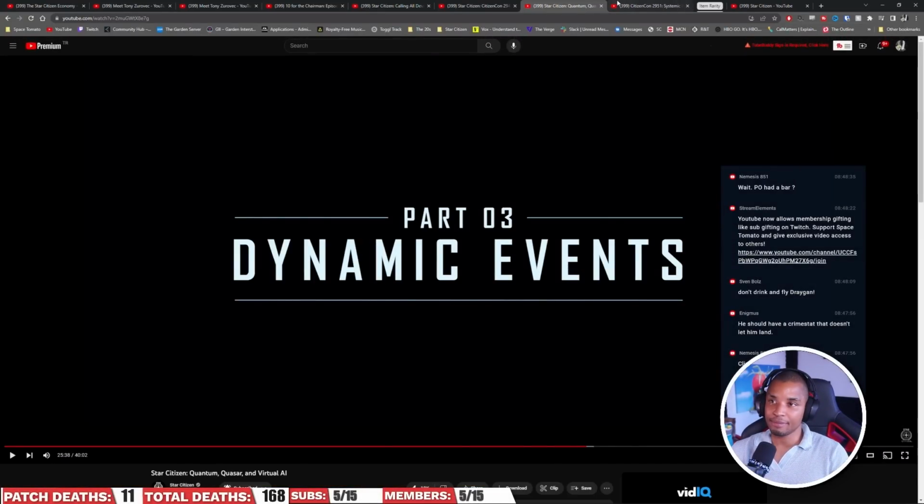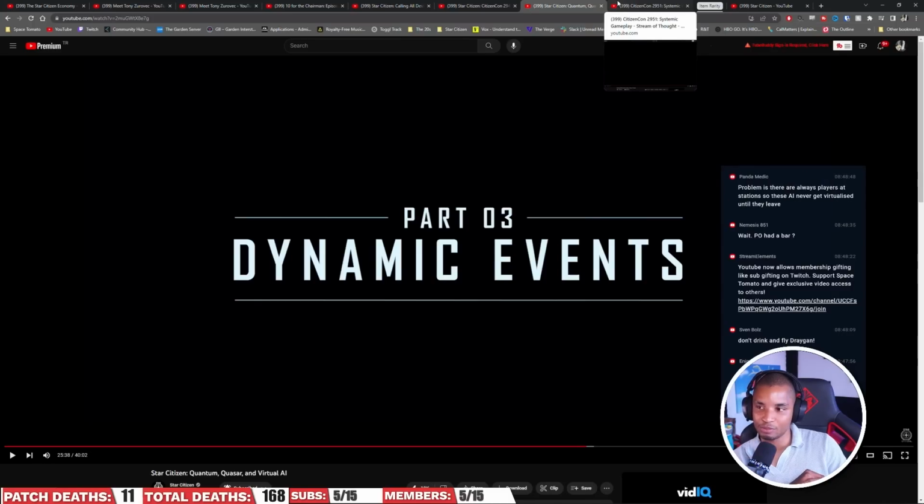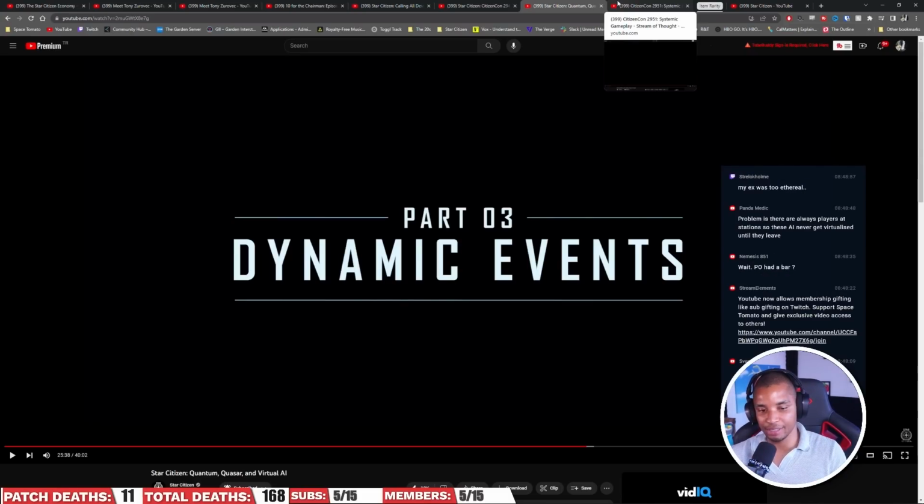Okay, so that is virtual AI. It's pretty in-depth. It's going to be a big system, and that's why it's taken a long time, I guess. As somebody said, it's probably a big reason why a lot of the updates just haven't come out, like mission givers. Virtual AI is probably going to drive a lot of that because it also is supposed to be kind of like